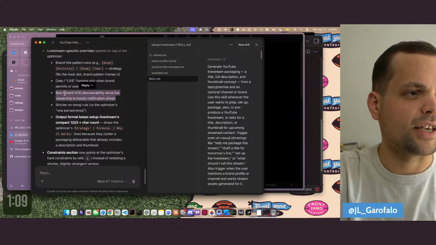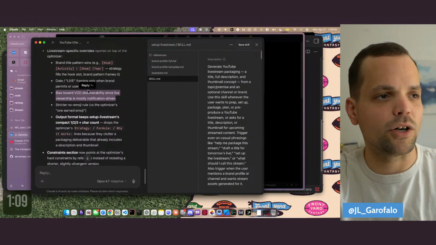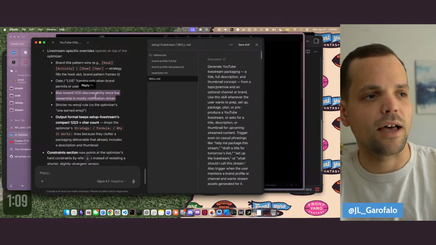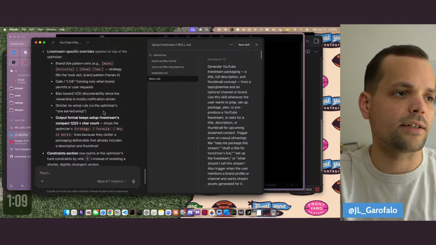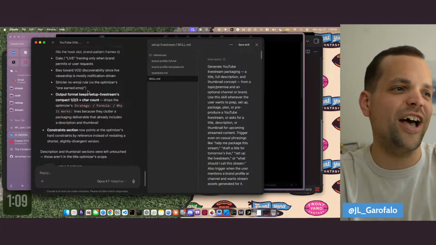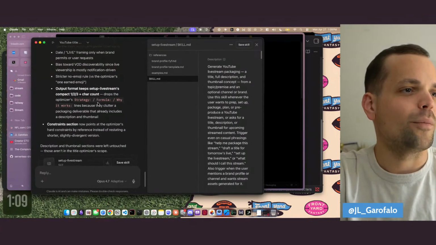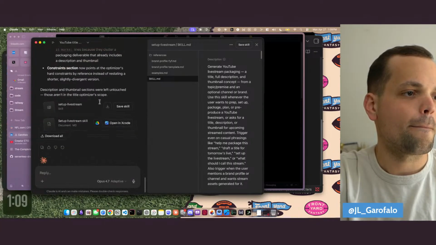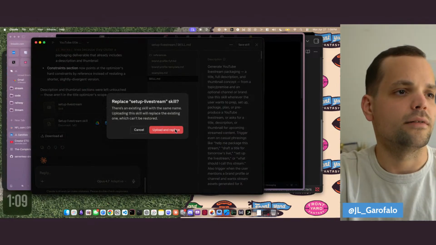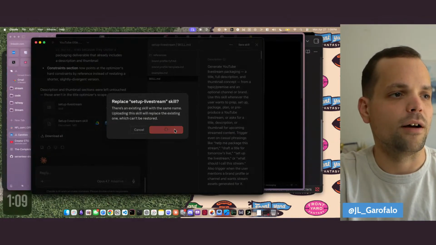Yep. So it's saying bias towards video on demand discoverability, since live viewership is mostly notification driven, which is true, which is facts. Strict no emoji rule. Yes. Output format keeps the setup live stream's compact 1, 2, 3 plus. Okay, cool. So I wonder if we just save that, replace it. Yeah. So we'll go ahead and update it, replace it,